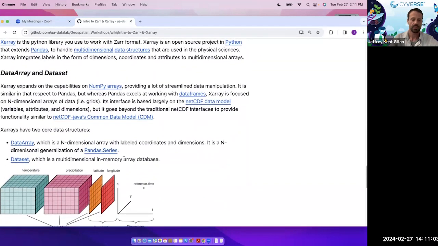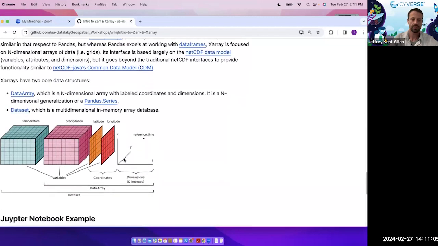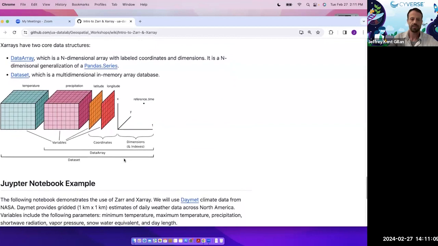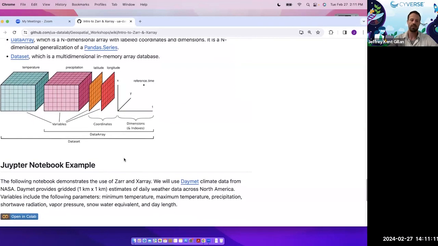Let me just kind of go by some of these logistics here. Instead of getting too deep into theory, it might just make sense to start a Jupyter notebook and start doing some of this practically. So for the example, to solidify your basic understanding of what Zarr is, we're going to be using